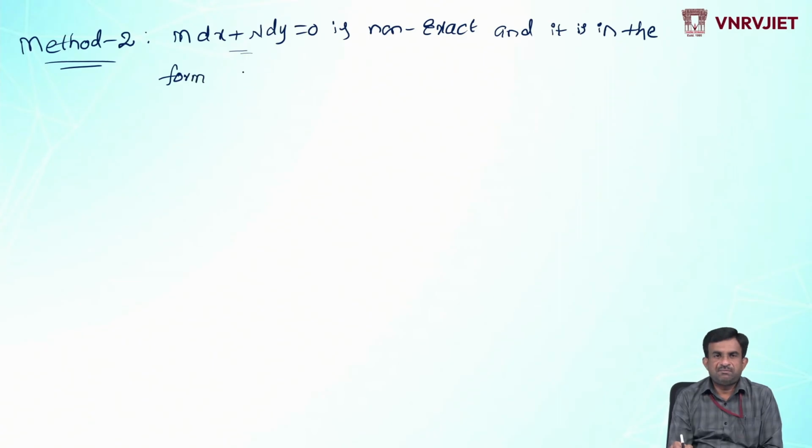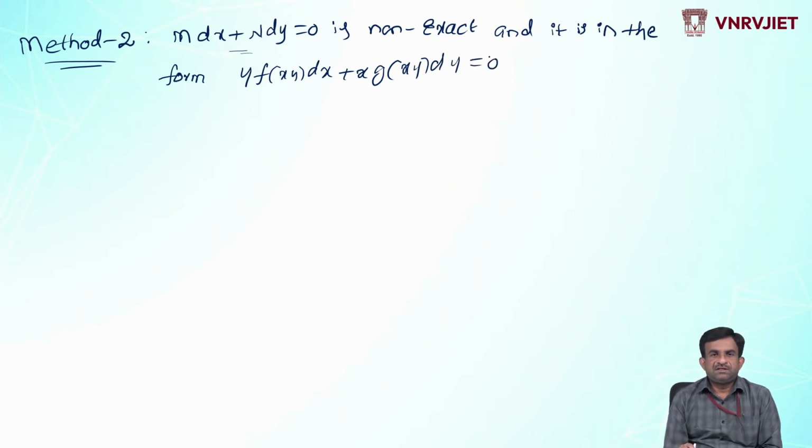this differential equation M dx plus N dy is in the form y into f(xy). It must be a function of xy, not a function of x comma y. That you have to observe here. y into f of xy dx plus x into g of xy dy is equal to 0. If the differential equation is non-exact and non-homogeneous, and it is in this standard form, y into f(xy) dx plus x into g(xy) dy equal to 0,